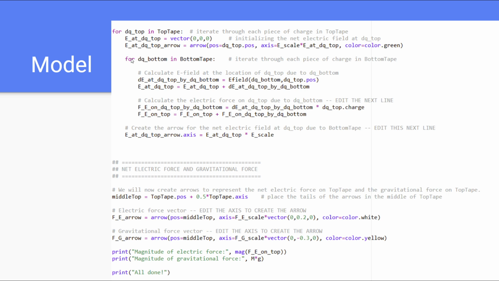So this whole function ran n times n times, and it would find the total electric force on each of the top point charges, and then I summed them up to get the total electric force from the bottom tape to the top tape,